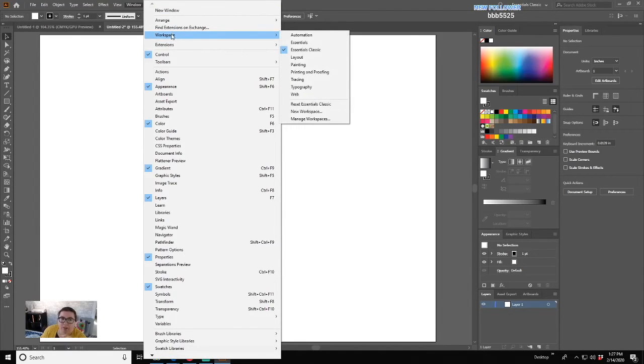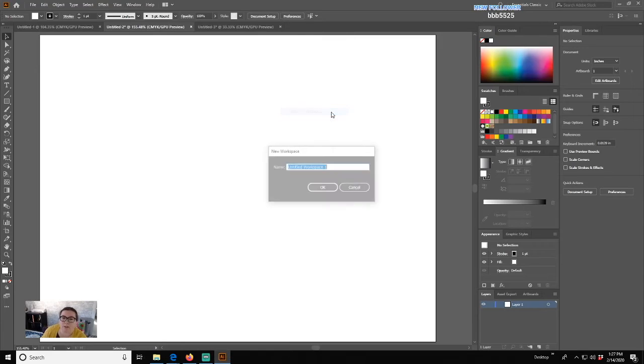It is all under Window, Workspace. So right now it was checked under Classics. Now I have fiddled with this a little bit, so if I swap it out, it might forget some of it. So you can actually tell it to make a new workspace. And I'll usually put my name